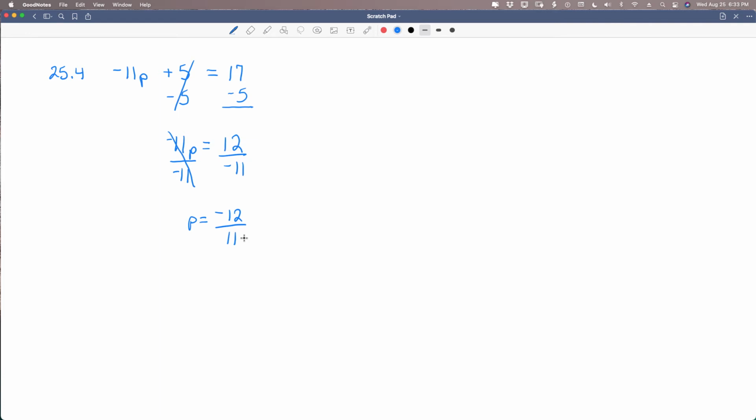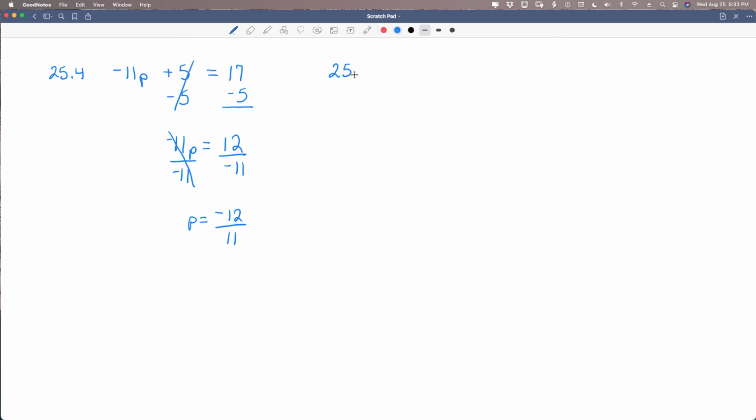Okay, because the denominator is just a descriptive of how many pieces are in the fraction, how many parts that fraction is broken into, and it just tells how many are in the set. The numerator tells you the number of pieces you have available in the set. This is why it can be positive or negative. In this case, we are missing 12 pieces, so we're missing one whole set and one piece of another set. Okay, that's what this is telling us. We have to think of it in those terms. This is how many pieces are in the set, and this is how many pieces we have. Okay? All right,